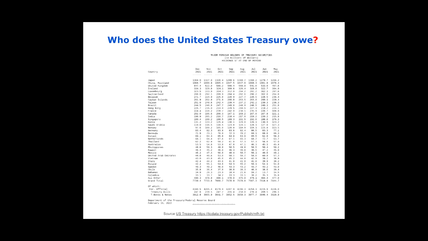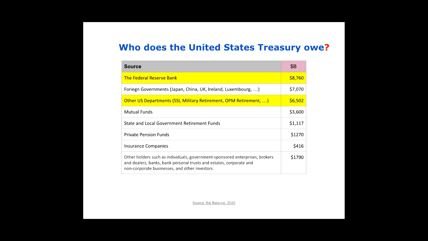And so that's some of where the debt is, but where's the rest of the debt? Who has it? Well, it turns out that two of the three largest holders of debt are the federal government themselves, or said another way, a different part of the federal government. So the Treasury's borrowing money. Yes, they're borrowing about $7 trillion from other countries in total, but they're borrowing money from the Federal Reserve Bank, from surpluses that are occurring in other parts of the government, like the Social Security and the military retirement funds. And so you can see that almost half of it is coming from other parts of the United States government.